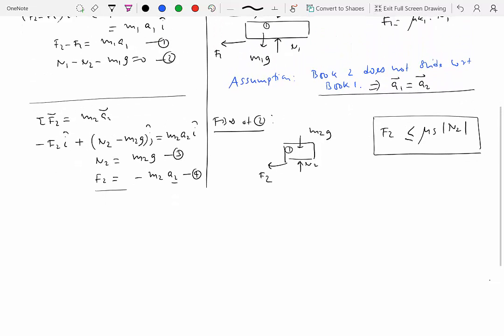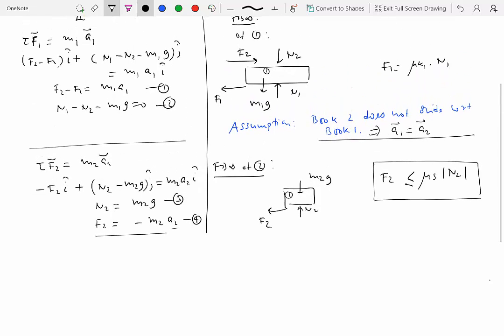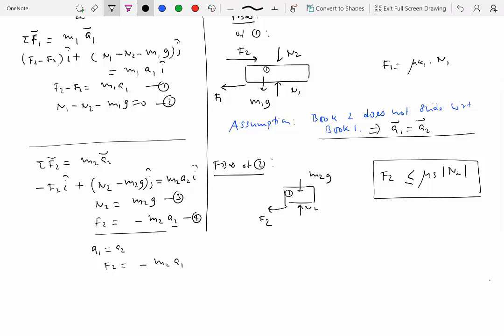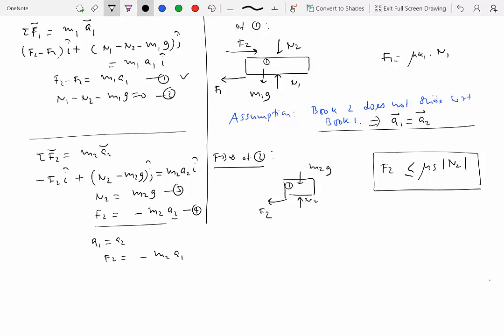So F2 is known to us from here, and A1 is equal to A2. So F2 is also equal to minus M2A1 from equation 4, right? So I'm going to substitute this in equation 1 right over here. So that's minus M2A2 minus F1 equal to M1A1. So that gives us F1 equal to minus (M1 plus M2) times A1. Okay,